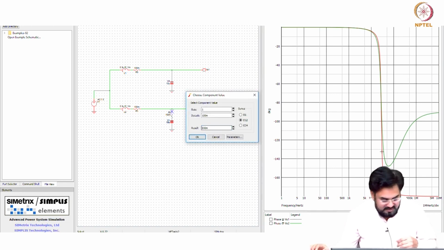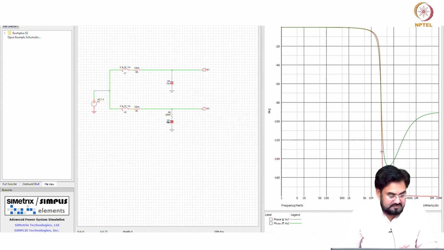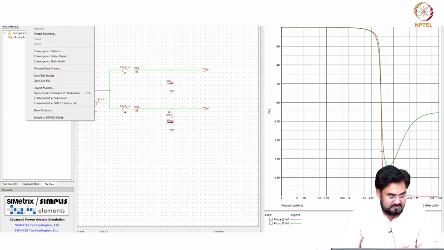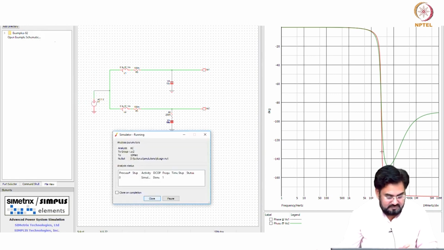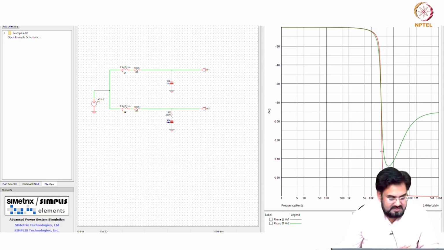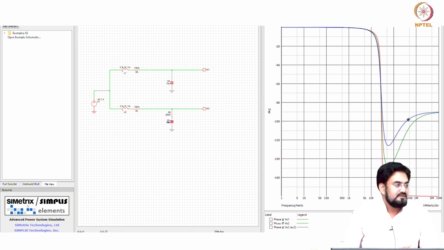So let us say I make it twice. Your phase response will change accordingly. Now, you get a further boost in the phase. So by changing this R, you can keep increasing the phase margin,